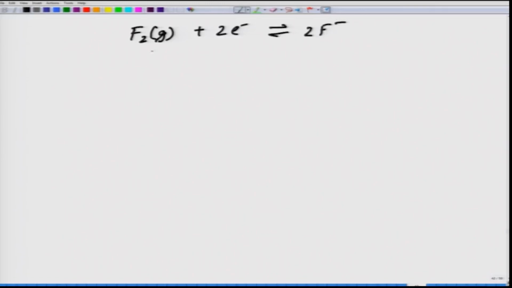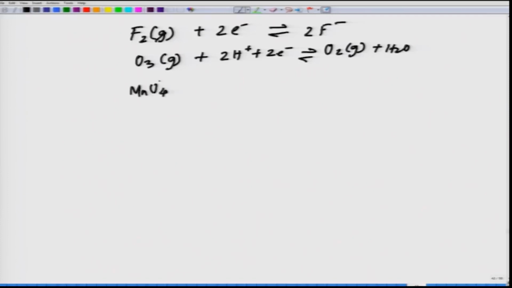I'm just putting all the different half-reactions. O3, which is ozone in gaseous state, plus 2H+ plus 2 electrons, making it O2 gas plus H2O. Similarly, MnO4- plus 8 protons plus 5 electrons. These are the different compounds. I'm just giving an example of Mn2+